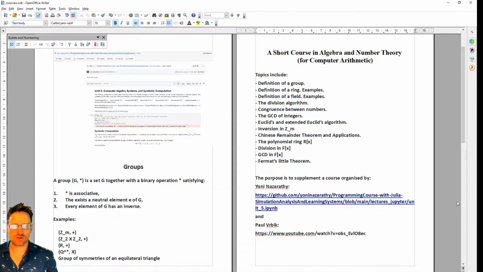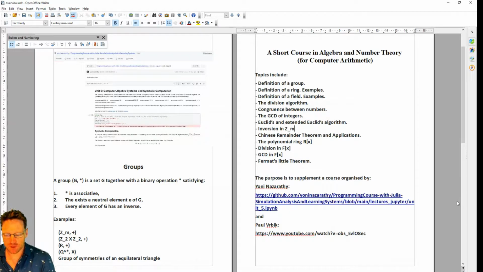I will be teaching you a short course in algebra and number theory for computer arithmetic. And the purpose of this course is to supplement a course organized by Yoni Nazarathy and Paul Vrbik. I don't know, Paul, if I pronounced your name properly. And that is a course on computer programming with Julia. But it requires you to know enough number theory to get through that and be able to perform those calculations